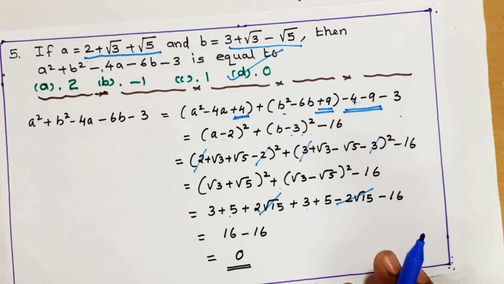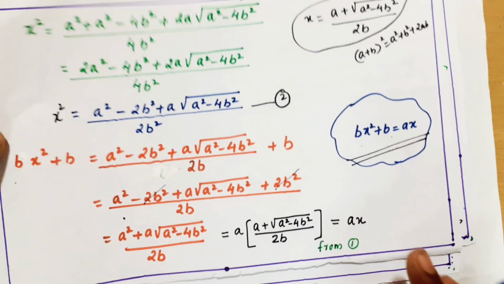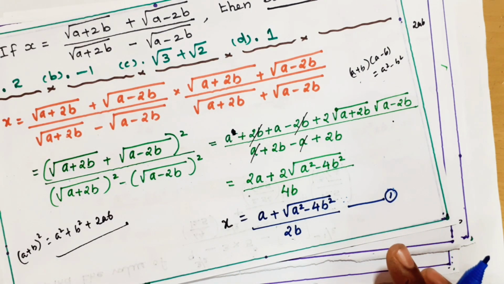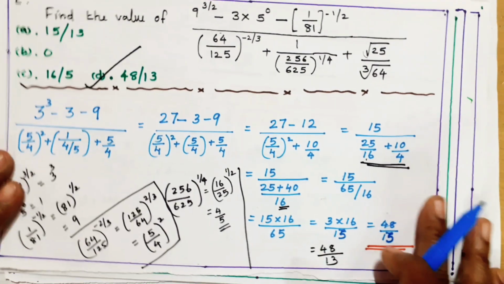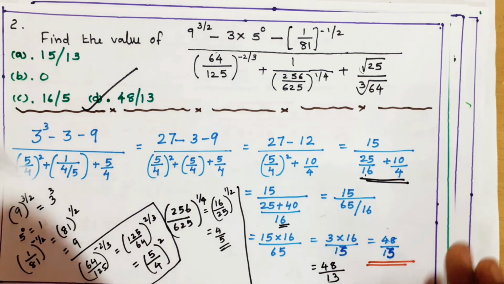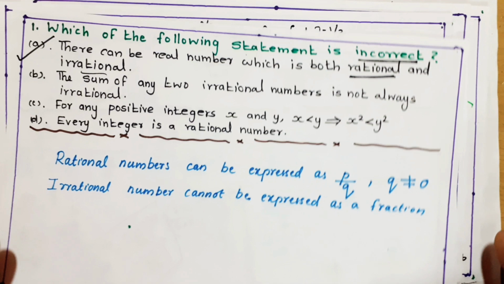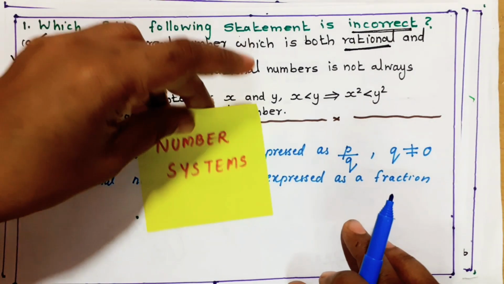Okay. You understood the question. So you check the questions we did: how we are checking this number, this one also rationalizing, and this one is not so tough, it's very simple. Rationalization and the simple expansion equations you should remember. That's all: A plus B, A minus B, A plus B the whole square, A minus B the whole square, A plus B plus C the whole square, A plus B into A minus B. These identities you have to remember, and how to rationalize the number. Okay, that also you understood, I feel.